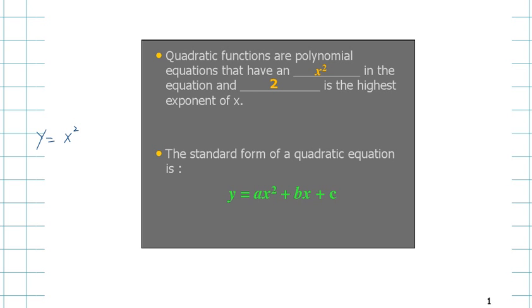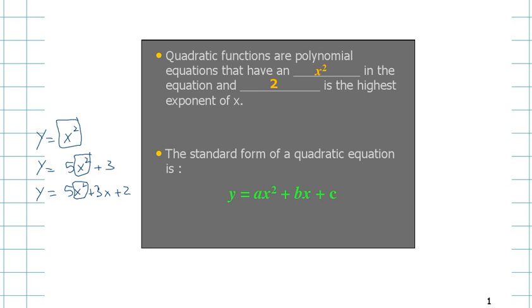Or something that looks like this, or something that looks like this, okay? You see that there is one term that has an x squared in it, and that square is the highest exponent, right? That means this is a quadratic equation,